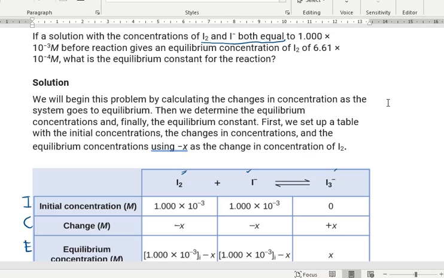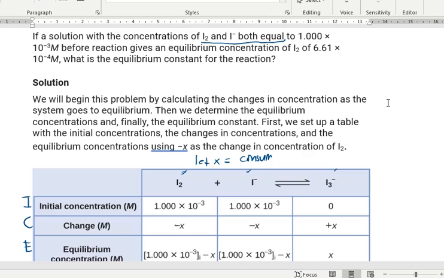That means since negative, I2 is consumed and I minus is also consumed, but I3 minus is produced. Okay? So the equation is already balanced. For every 1 mole of I2 with 1 mole of I minus, you can produce 1 mole of I3 minus. That means let x be the